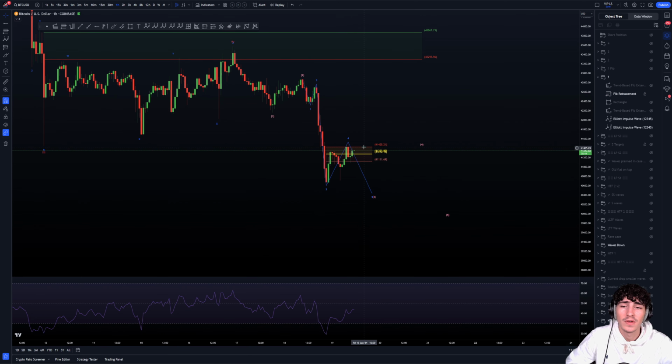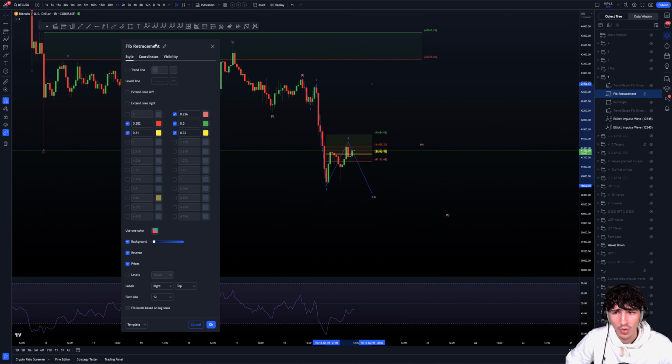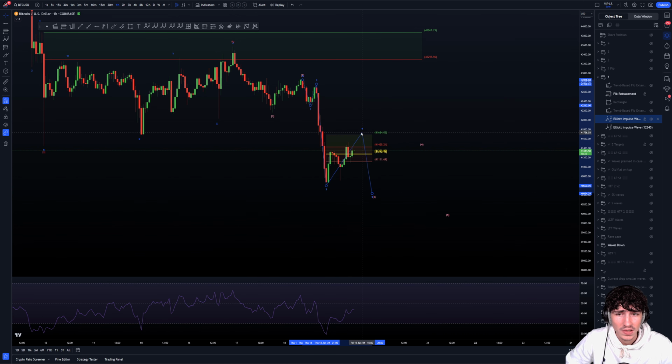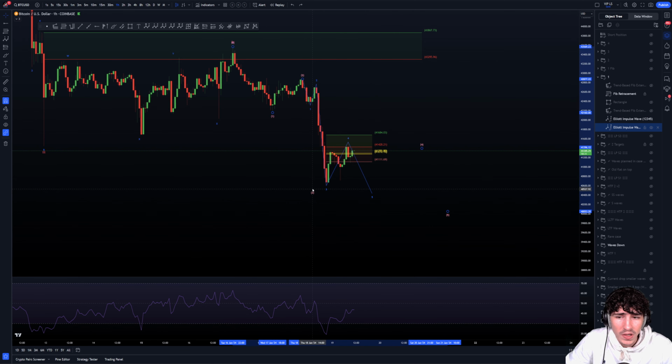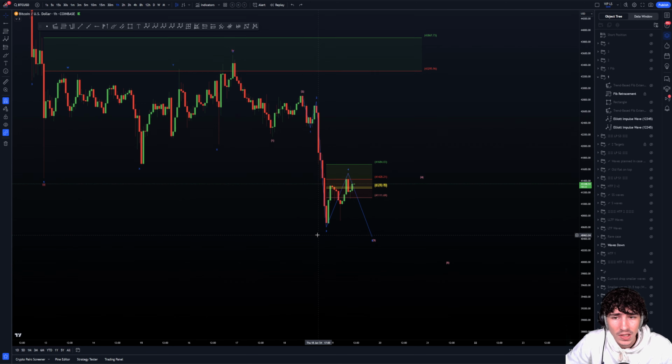Of course, we have to plan some invalidations, such as, for example, if we start going above the 50% here, if we start getting some kind of close above, getting acceptance above here, it's not valid anymore, and the wave 3 bottom is possibly done already. Invalidation also if the blue wave 4 here breaks the wave 2 top on the RSI. If we start doing this, it's not valid anymore.